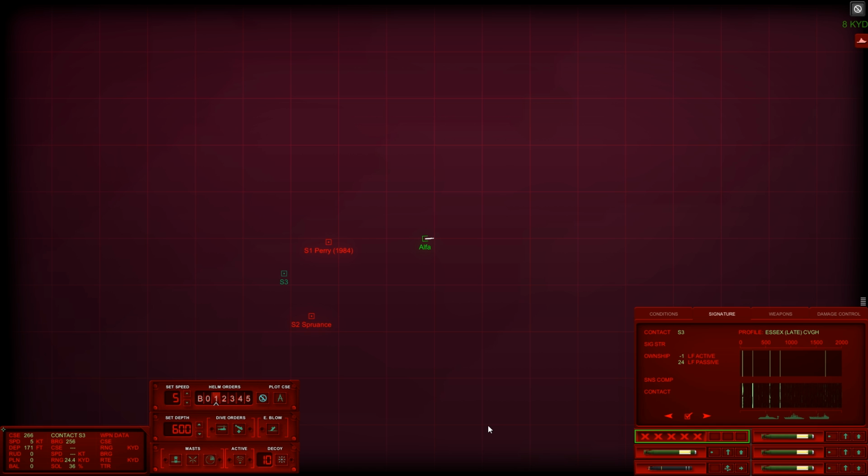No. Another Essex. Another fucking Essex. I don't have enough torpedoes for this shit. Sonar, Sierra 3 is classified as capital ship. This will be the second Essex. Alright,